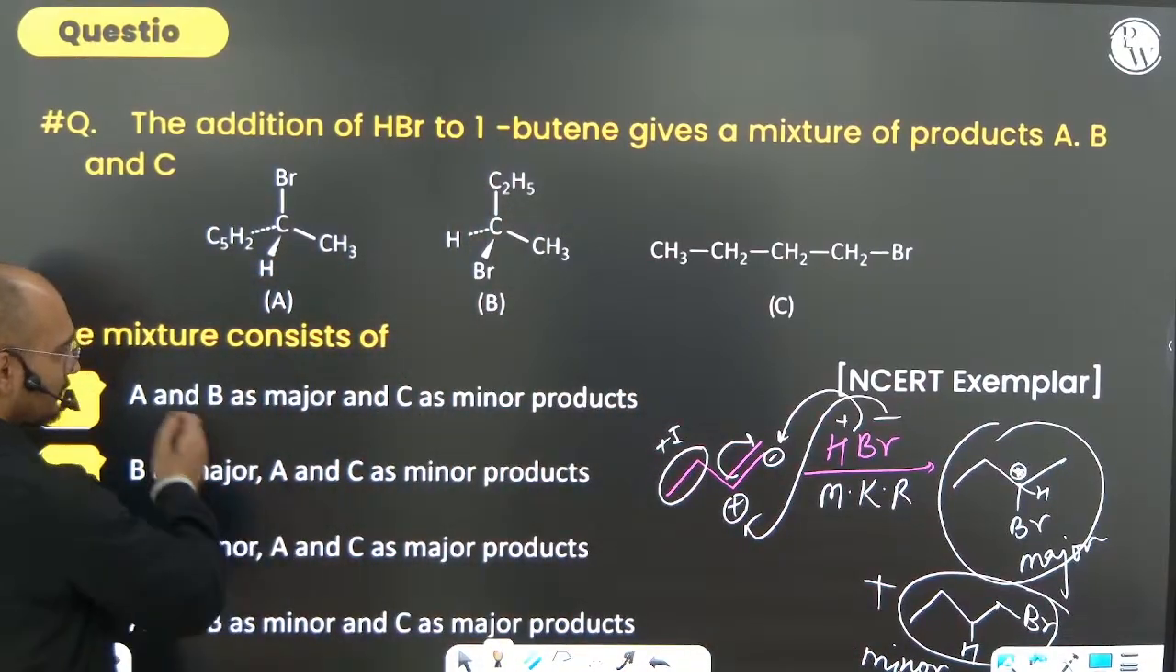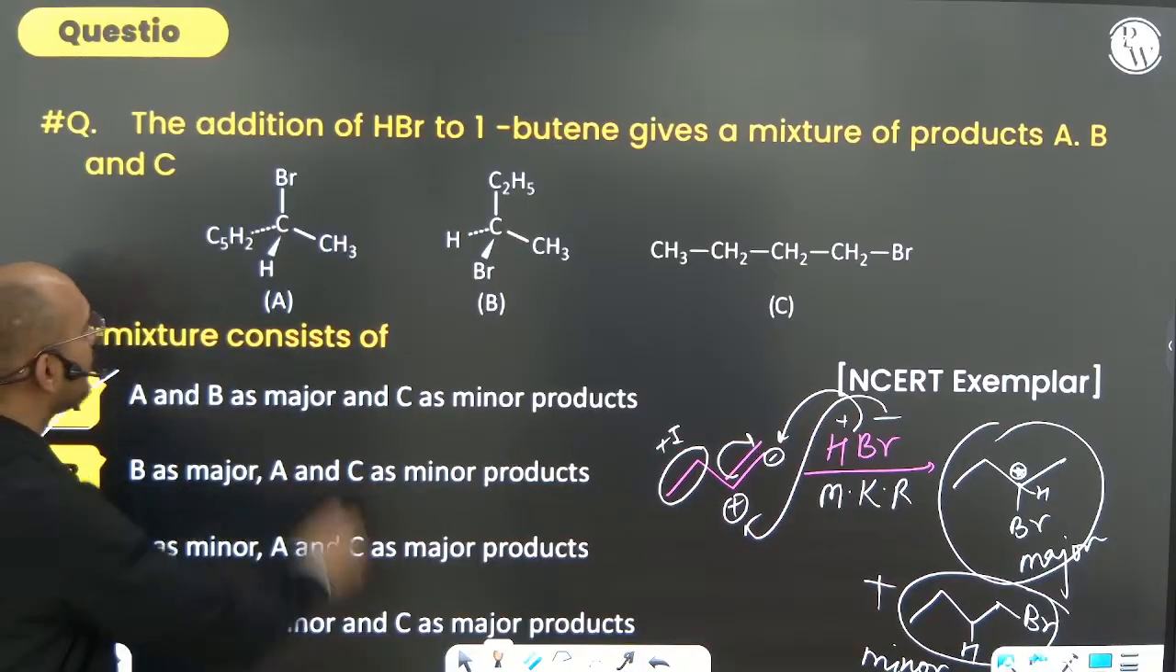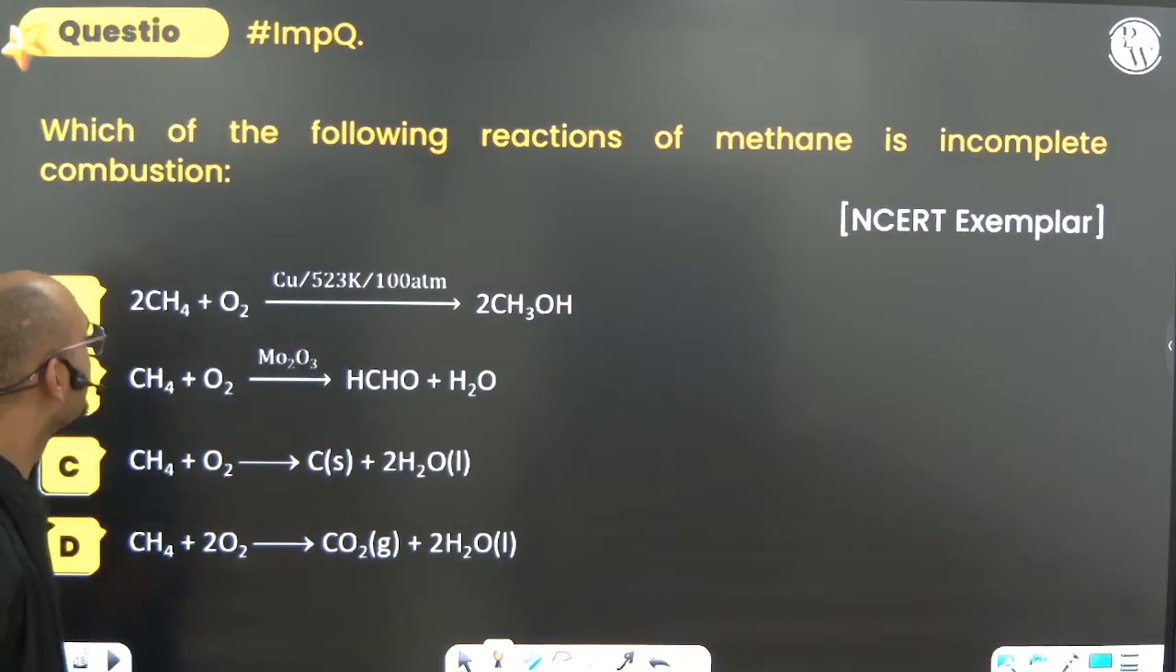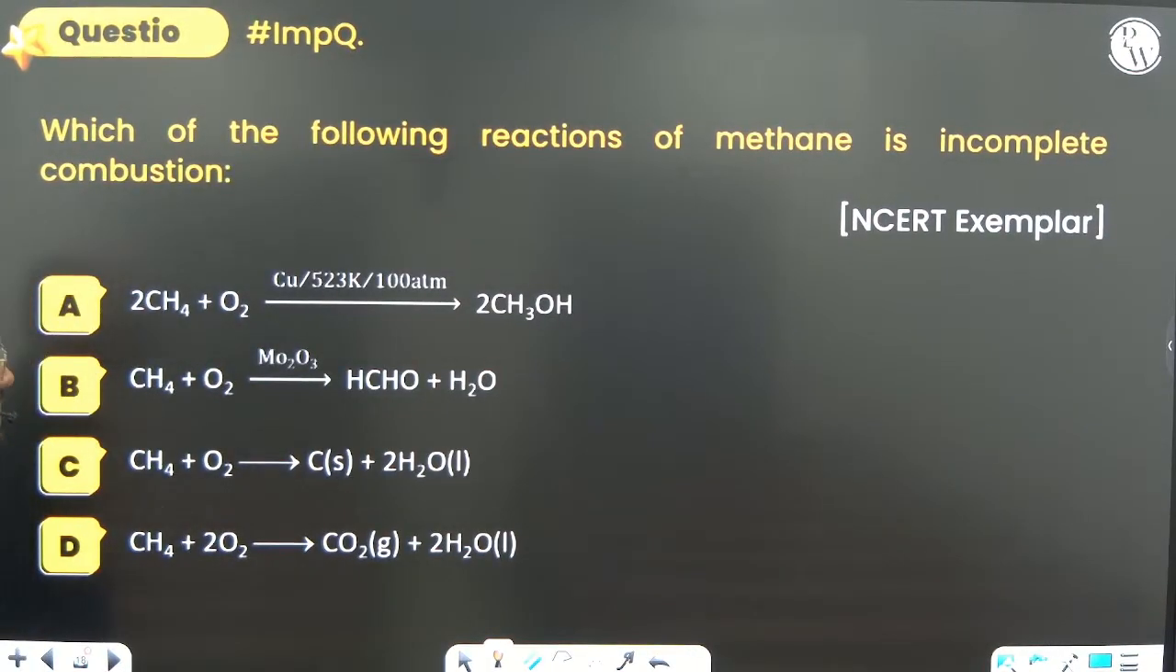So A and B as major and C as minor product. It is a very good question. Please note it down, a very beautiful question. Next, which of the following reactions of methane is incomplete